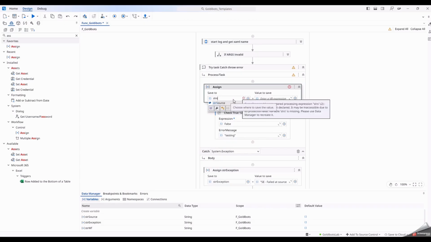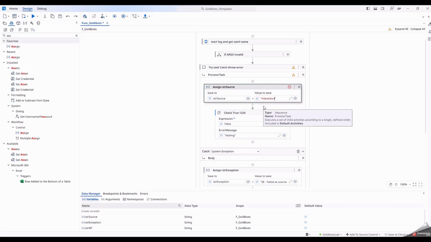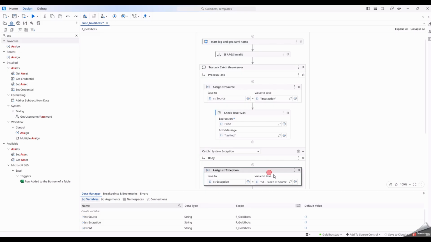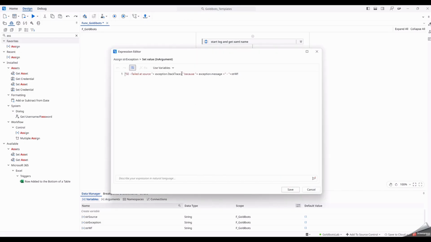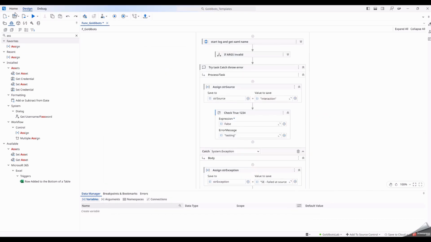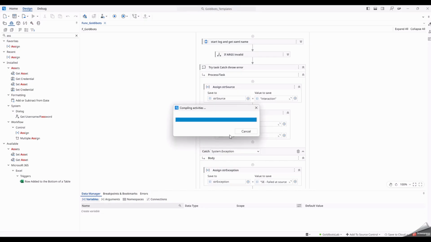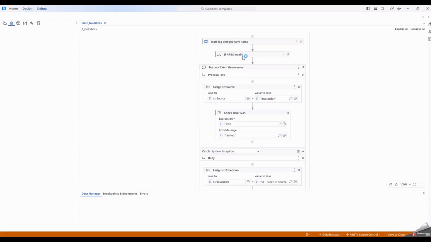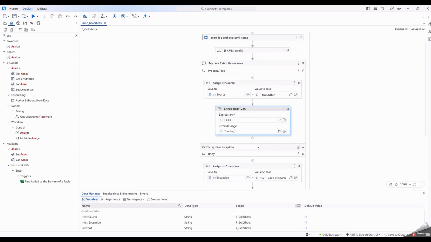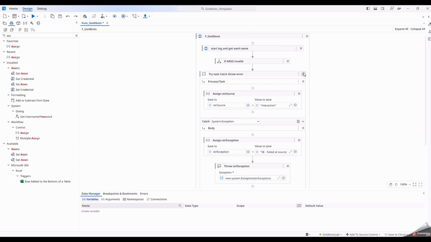str source interaction, and in this let's amend this, take that out, and we put a source in. Okay, let's give that a play. So we've got sort of a precondition. Now let's take these things out, put them into throw, clean it up,